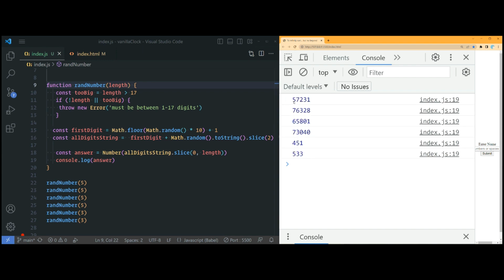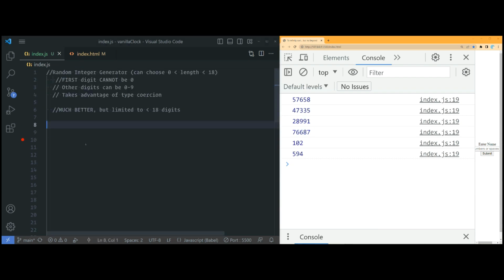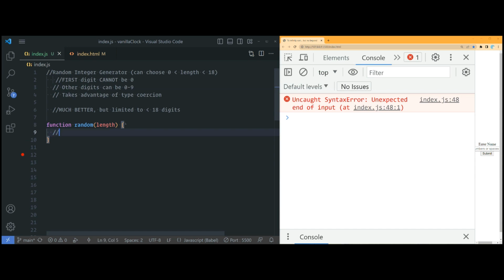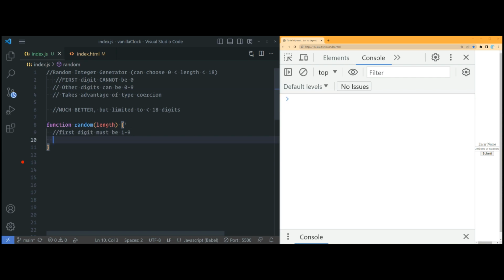And notice the first digit is never 0. Okay, so let's write this again step by step. So let's do the function. I'll just call it random now. Takes in a length. So remember, our first digit must be 1 through 9, not including 0, because integers cannot